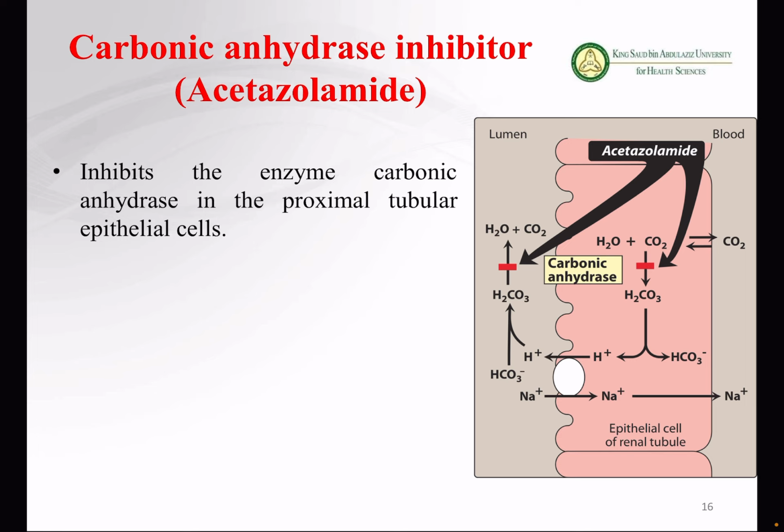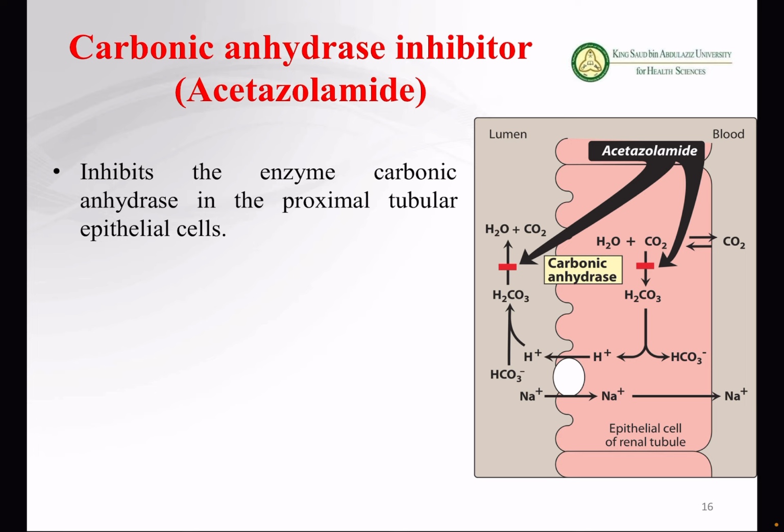Because of this, as I told you, these drugs are used for the treatment of glaucoma. Because of inhibiting the breakdown of carbonic acid, these drugs will decrease the aqueous humor secretion. Because of that, the intraocular pressure in the eye will be reduced. That's why they are called carbonic anhydrase inhibitors. These drugs block the enzyme carbonic anhydrase, which is responsible for the breakdown of carbonic acid into bicarb. You got the point? So this is the mechanism of acetazolamide.